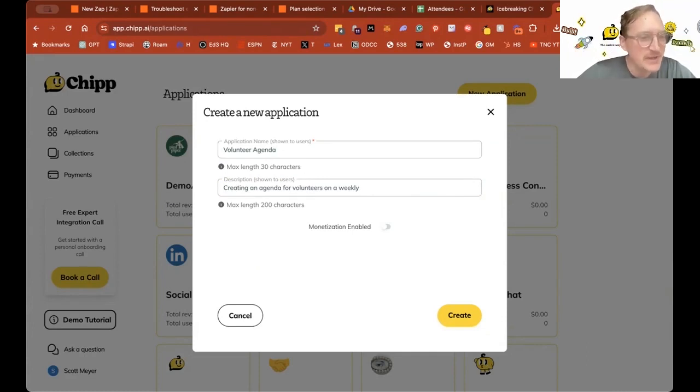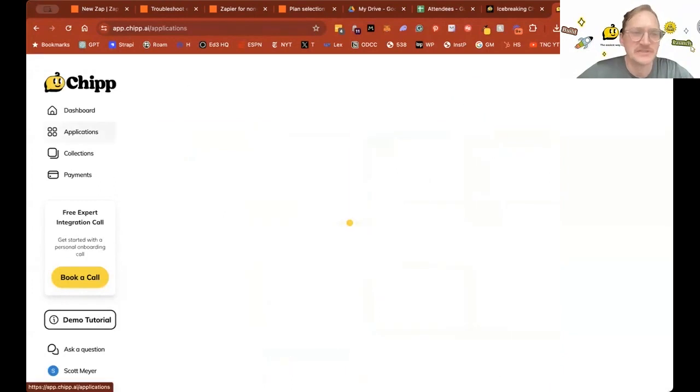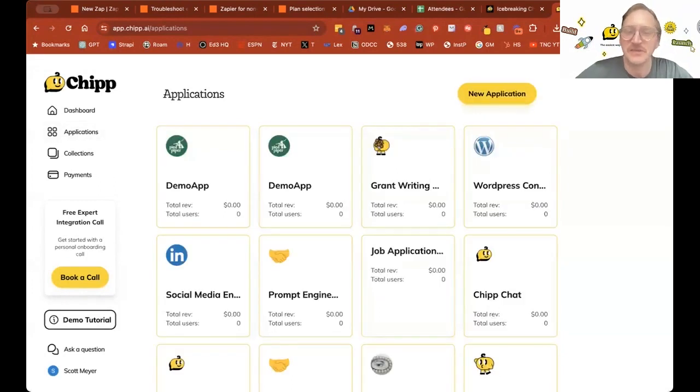To create a new application, once you're logged in, on the top right, you should see that. There's a yellow button here called application, or you get started, click on the applications on the left, and then you might see it. You're probably going to get dropped right into an application if it's your first time, so you could actually just use that. And Andre also put a direct link if it's easier.